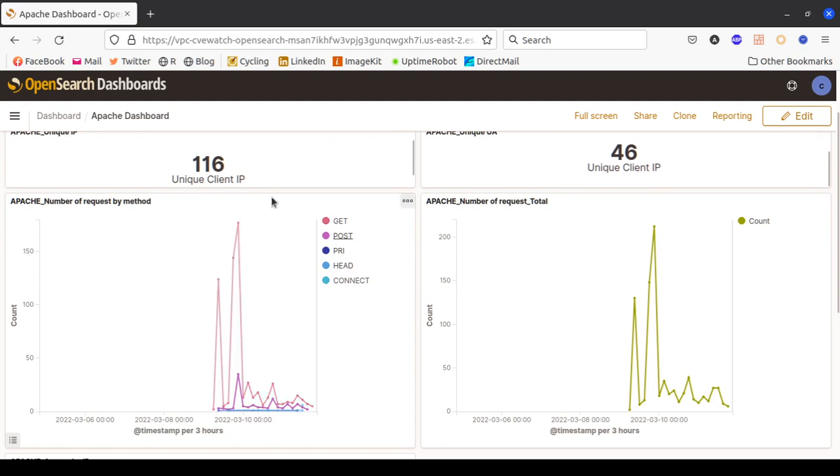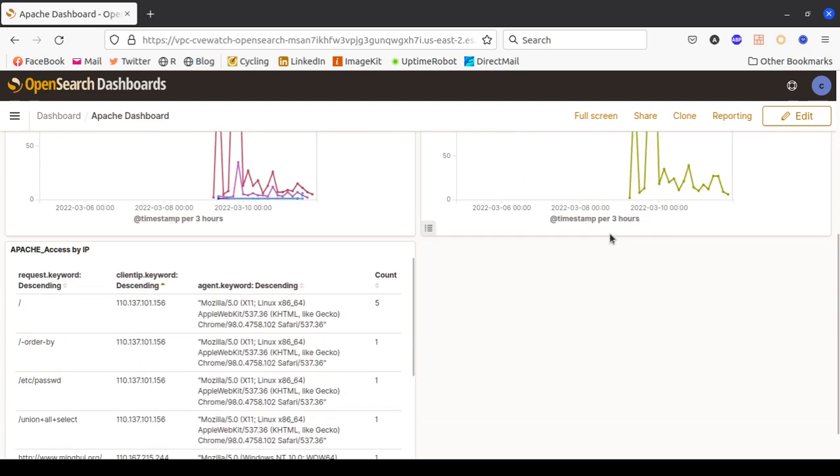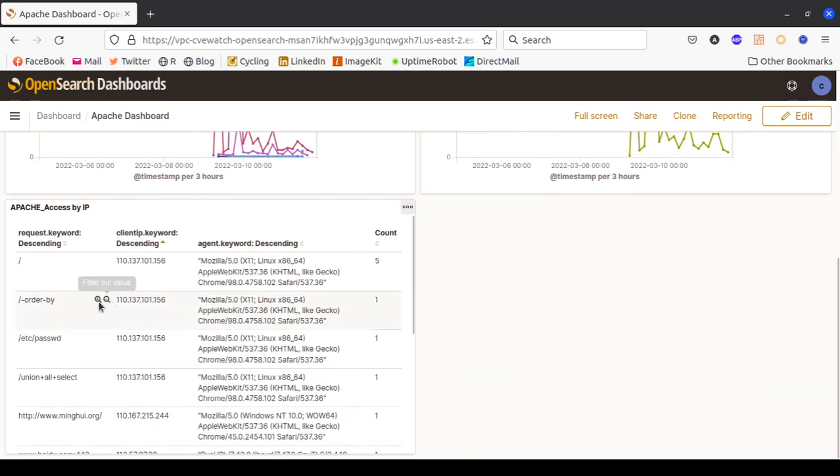Okay, and this is the distribution of the HTTP methods. Most of them are actually the GET method. This is for the day, the count of the logs, the count of requests or visits by the visitors. The peak is around 212. Another thing is we can also see the paths that the visitors access, like this visitor who tried to access /etc/passwd, and this is the user agent, something like that.